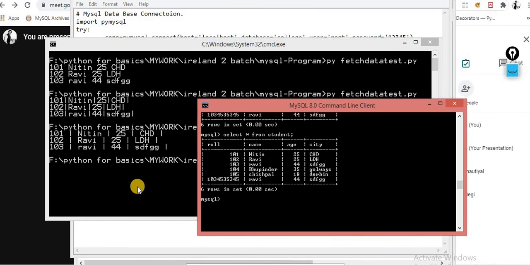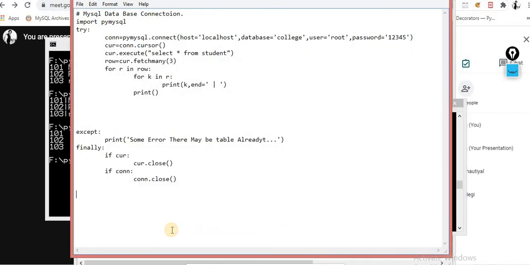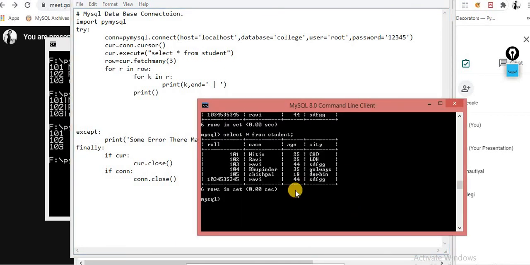And what is the workbench, sir? When you download MySQL, there's a workbench as well. There are various ways from where you can process the data. You can process with the workbench as well. The graphical representation is there, but I feel comfortable with this kind of thing, so I normally use this. This shell is much better comparatively, but sometimes whenever very large tables are there, you have to take the help of the workbench.